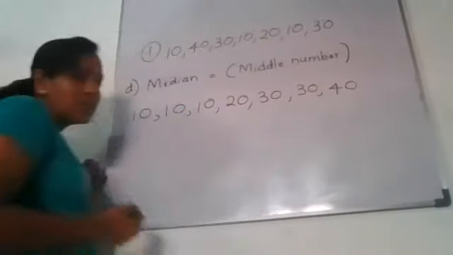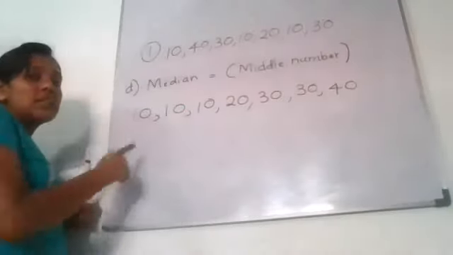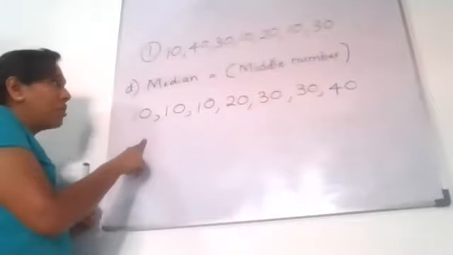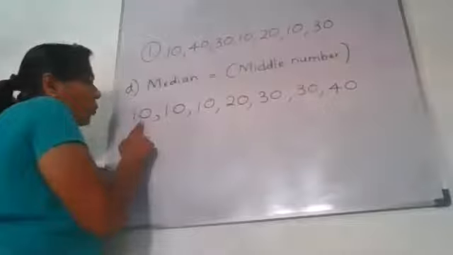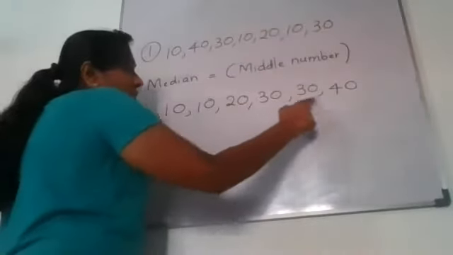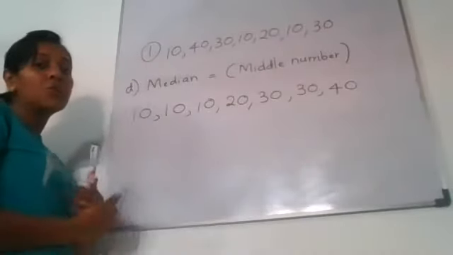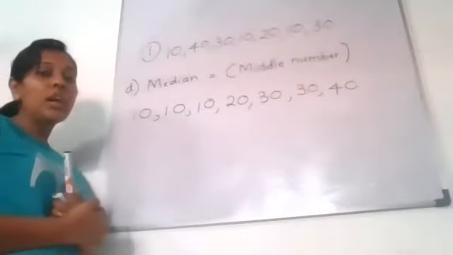You better count and see whether you have the same number of terms. 1, 2, 3, 4, 5, 6, 7. Right. Now, when we are going to find the median, you can use